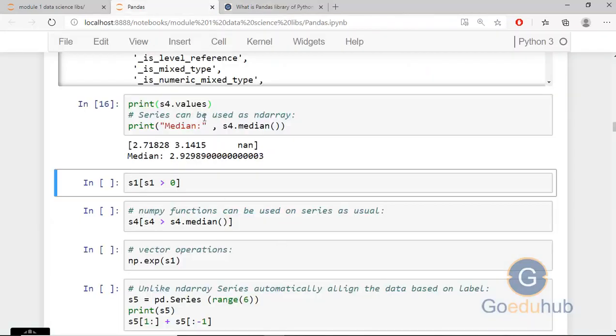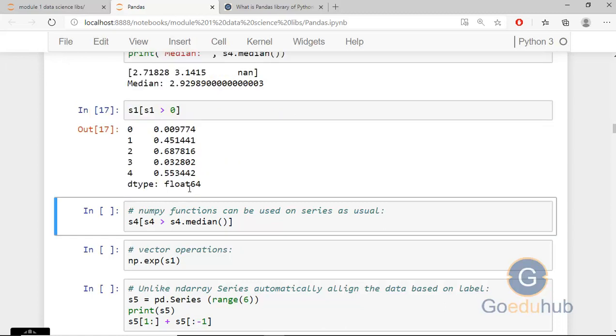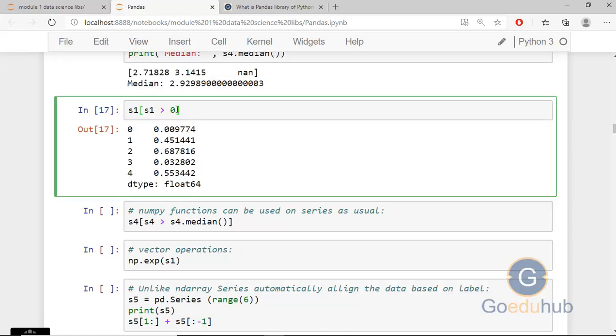So what I'm doing here, I just converted back to the numpy array, and now I'm taking S1 greater than 0. Inside S1, the values that are greater than 0 will be given as output. All the values are greater than 0. Put the value like this, greater than 0.45.